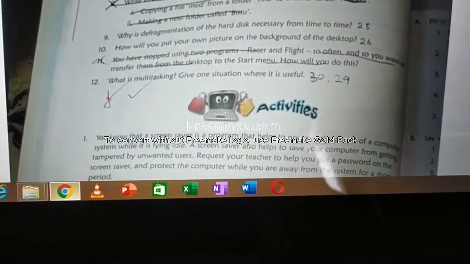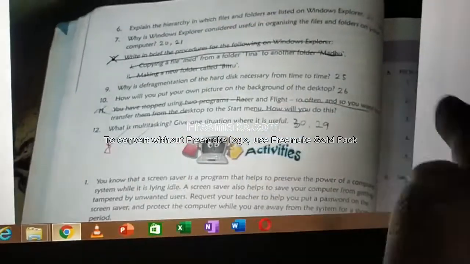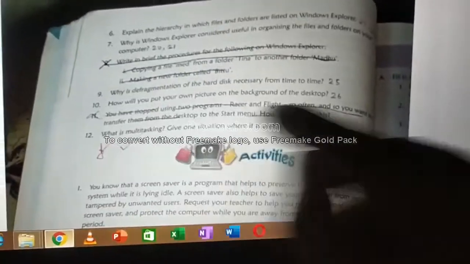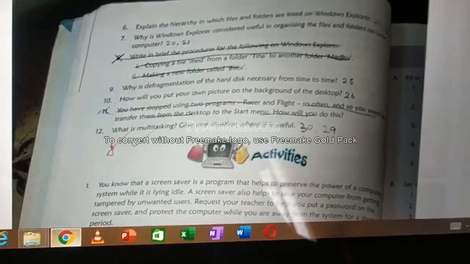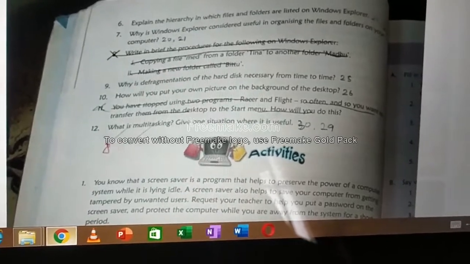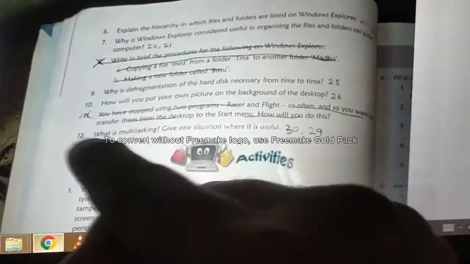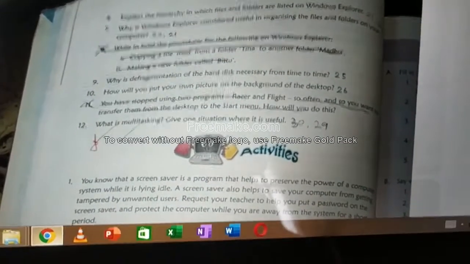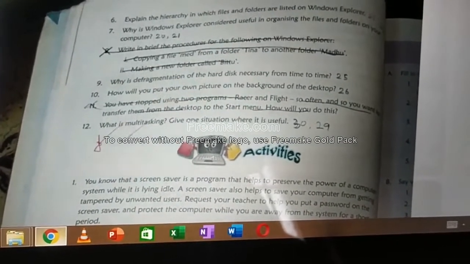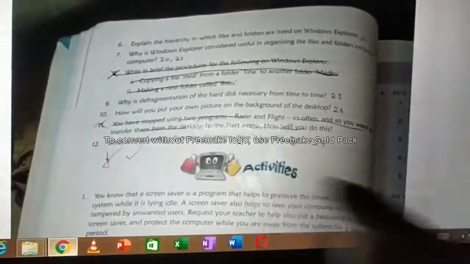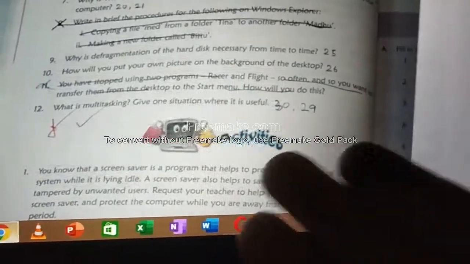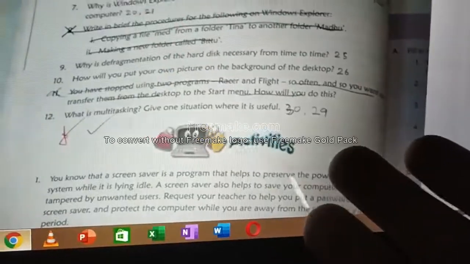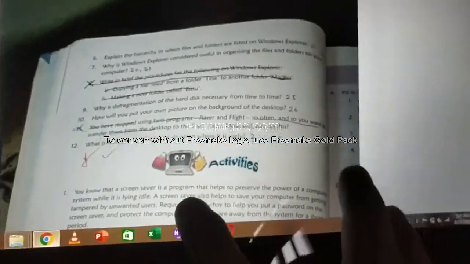11th question is also practical. It is not necessary to strike it out as shown here. Just write practical near that. In 8th and 11th, write practical. You write practical here and here. That is enough. 12th question page number is page 29, 30. He has written 30 and 29. Better you can write 29 or 30. That's all. Now we'll go and see the answers.